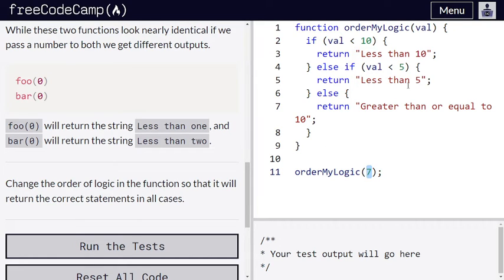Then of course the first statement won't be true, because 10 is equal to 10, but it's not less than 10. Then we have else if 10 is less than 5, which is also false, and we will get "greater than or equal to 10". We'll just use console.log.